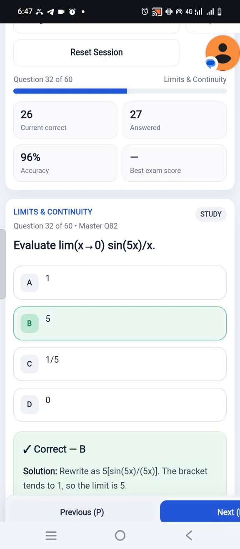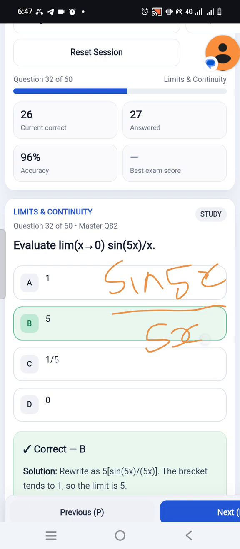Do you get it? But just know that with this sin 5x, you want to make it the same thing. This x is also here. We want to make it 5x. So you have to multiply the denominator by 5, so you have to multiply the numerator by 5 as well to make it balance. So this sin 5x all over 5x